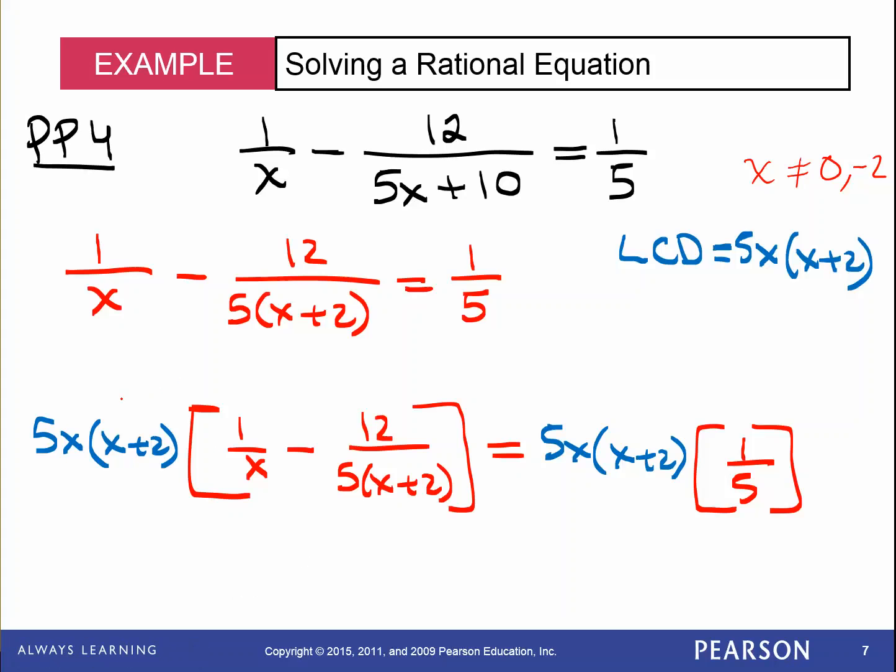All right, so let's go for it. As we plug this into here, what's going to cancel? X is gone. So that means I'm left with a 5. I'm left with x plus 2 times 1. So it's really going to be 5 times x plus 2. Minus sign. As it multiplies into here,